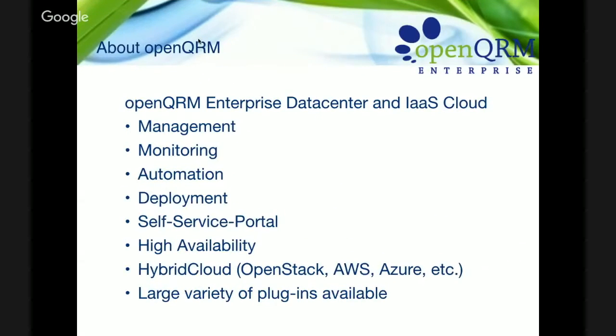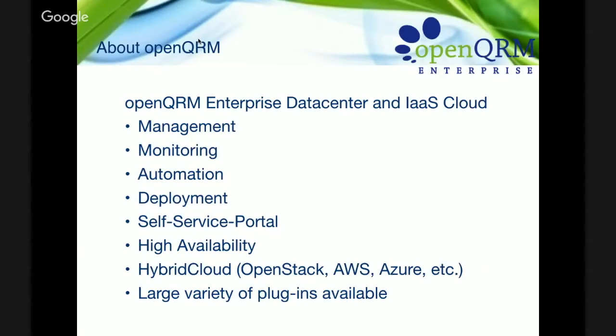I would like to start with a few words about OpenQRM Enterprise and what we are doing, what our goal is, and what you can do with it, how it manages different other technologies and automates them. This goes quickly through management, monitoring, automation, deployment, and self-service. There's a self-service portal. It means every kind of action in OpenQRM you can make a cloud service. We have built-in high availability for all provisioned and managed systems in OpenQRM, and of course a hybrid cloud integration